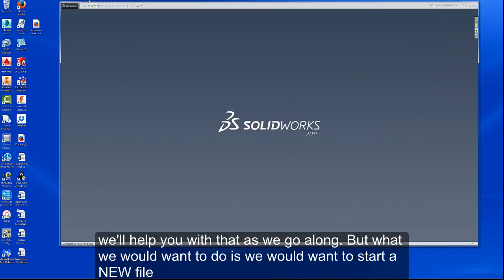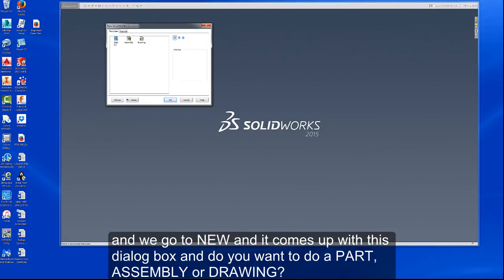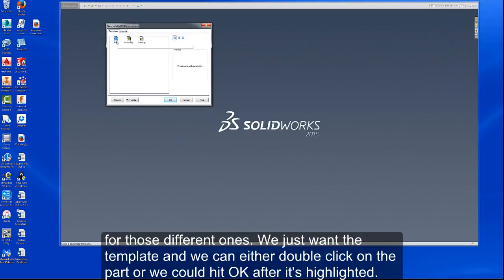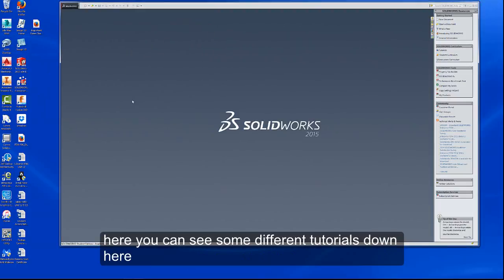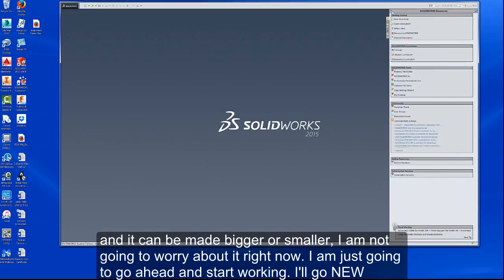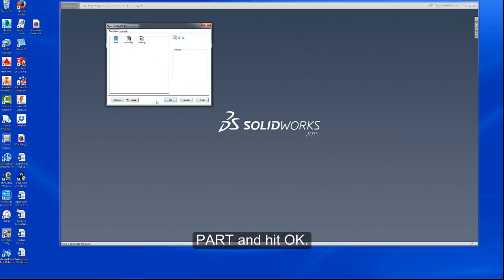But what we would want to do is start a new file, so you go to New, and it comes up with this dialog box, and do you want to do a part, assembly, or a drawing? And note here are some tutorials for those different ones. But we just want the template, and we can either double click on the part, or we could hit OK after it's highlighted. And here you can see some different tutorials down here. So there's all kinds of stuff over here on the right side to deal with that. We could make that bigger or smaller. I'm not going to worry about it right now. I'm just going to go ahead and start working. So I'll go New, Part, OK,